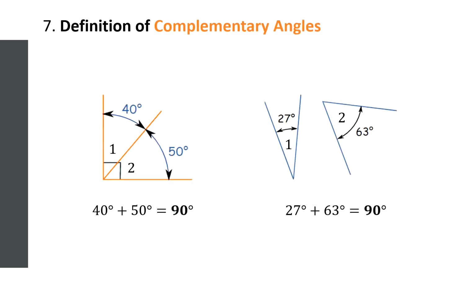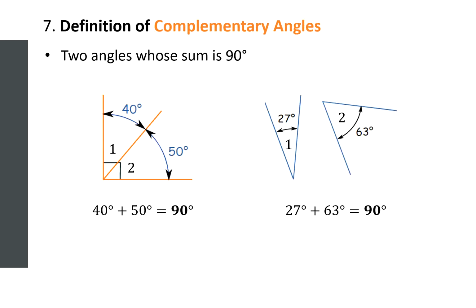Number 7, definition of complementary angles. It means two angles whose sum is 90 degrees. So, pag pinag-add mo yung dalawang angle, equal siya sa 90 degrees, ang tawag complementary angles. So, yung example natin sa figure 1, 40 plus 50, na kung saan magkatabi or adjacent yung angle, so equal to 90 degrees, complementary. Yung sumunod na figure, magkahiwalay or magka-separate na angle, but still, 27 plus 63, 90 degrees,